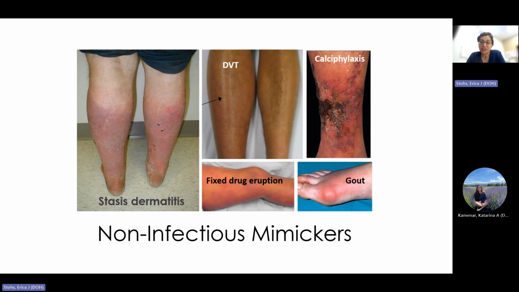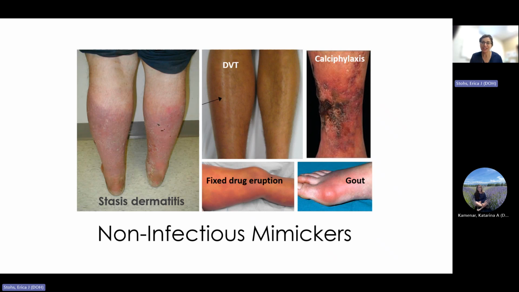Also, drug eruptions or drug allergies can cause a cellulitis-looking presentation. It can be blotchy though. It may be hard to see that on that example, but there may be clues. It might be itchy, and that may be another clue. And then of course, gout. If it's in these classic joints, like the first metatarsal of the lower extremity, you may always need to think about gout. So these can present and meet the Loeb criteria for cellulitis. So it's important to think about alternatives.